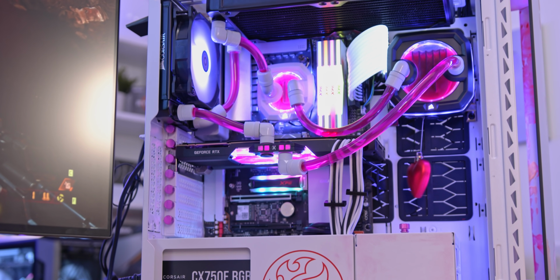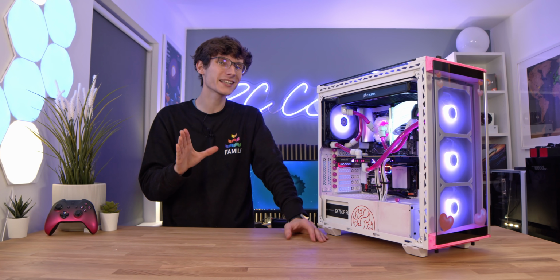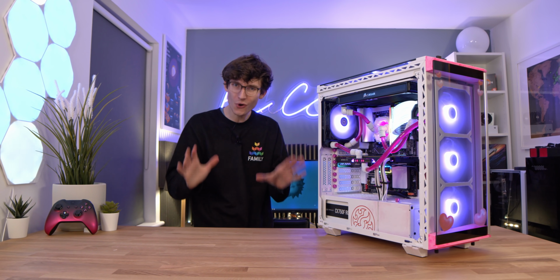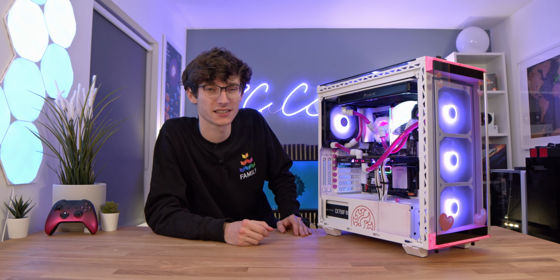It's more just the graphics card itself that doesn't quite work, but I've tried to neutralize that a little bit. But unfortunately, there is probably one of the most annoying issues that I've ever really come across when it comes to gaming PCs and custom loops and things. I'm going to show you this now, and to do that, we're going to have to get a little gaming